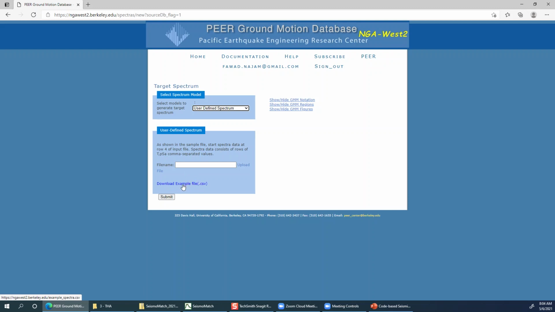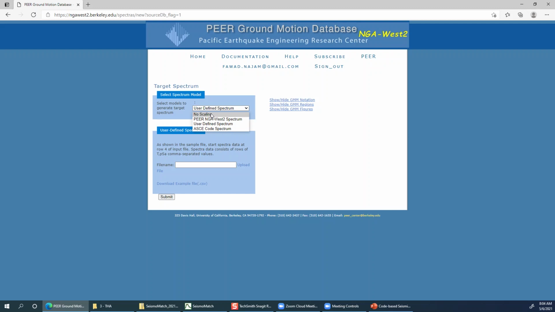You can download that example file, modify the values according to your site, and then upload it. It will read these values and construct your own spectrum. But for the purpose of this demonstration, let's select no scaling, which means that we will be downloading the raw ground motions as recorded, without applying any scale factor.